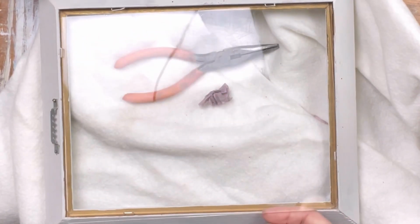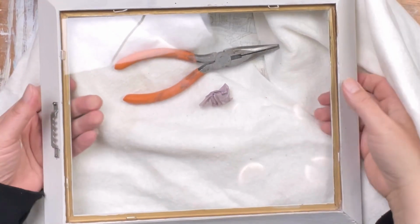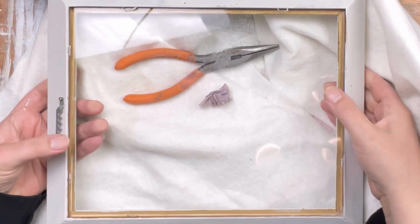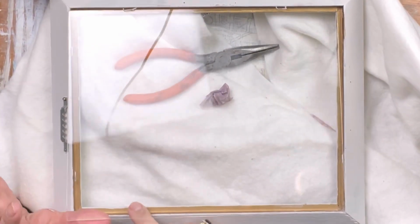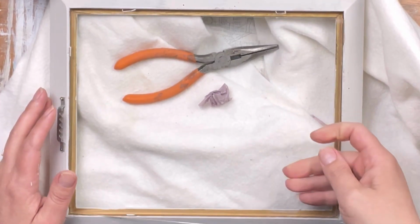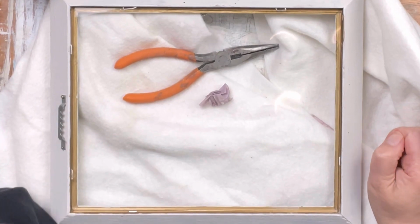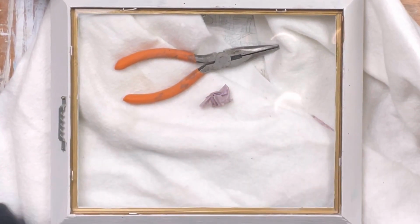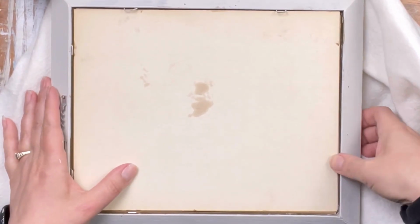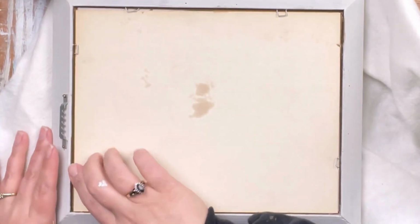Don't tell me my repairs have now suddenly made the glass not want to fit right. That's exactly what happened. I was just about to get ugly. Okay. I have to put a few more staples in here, but